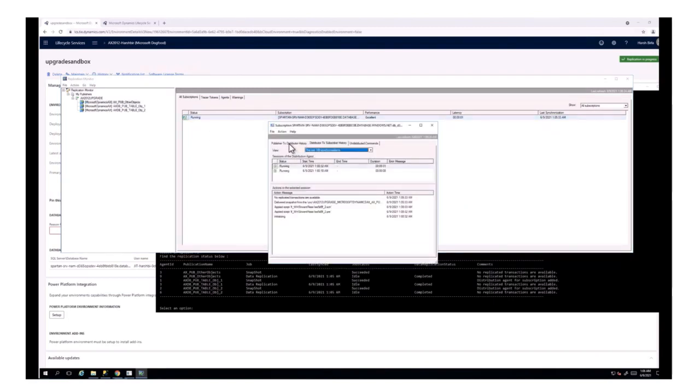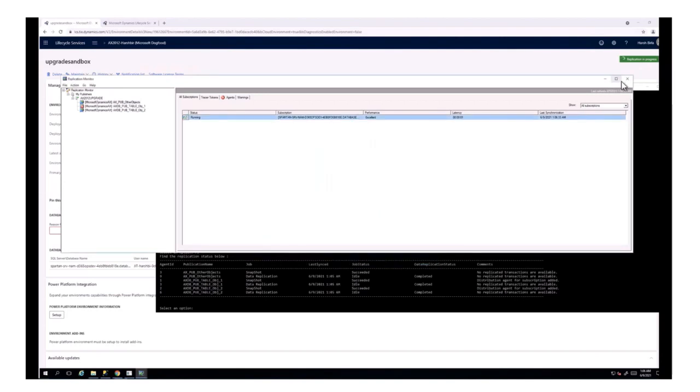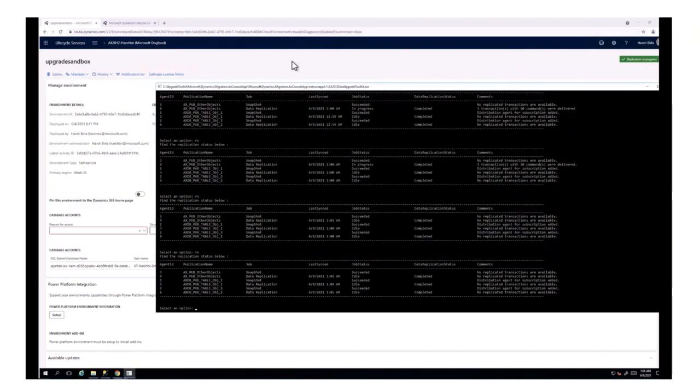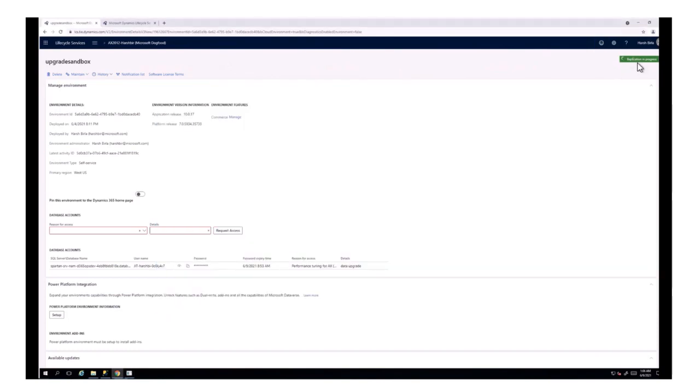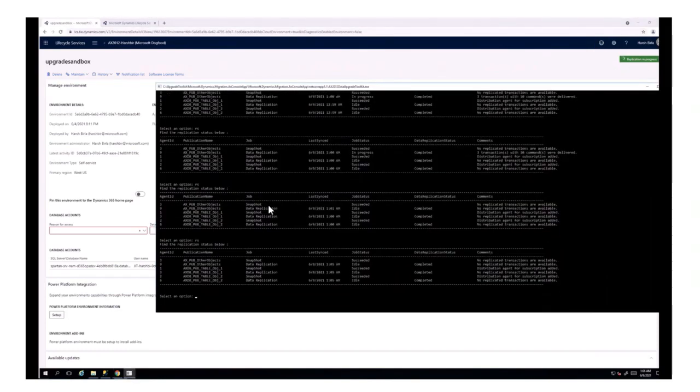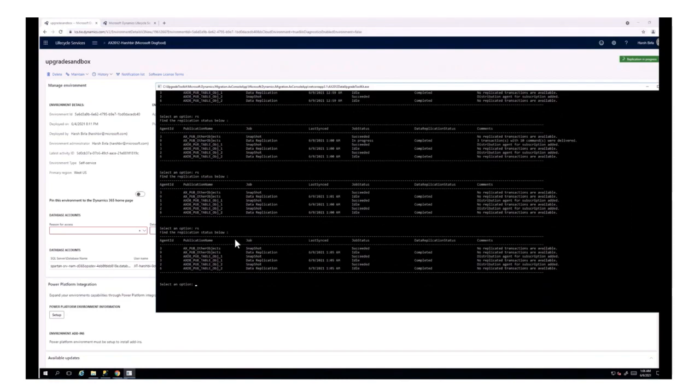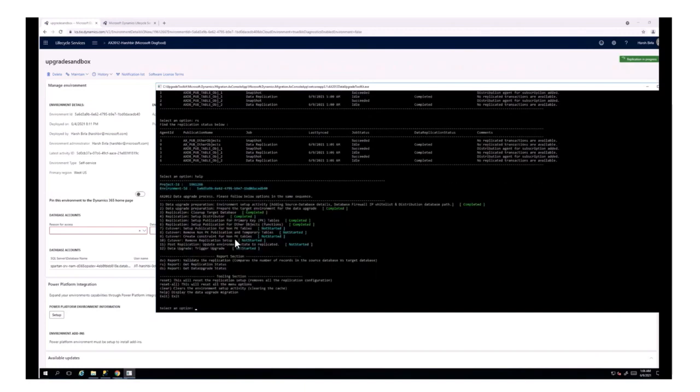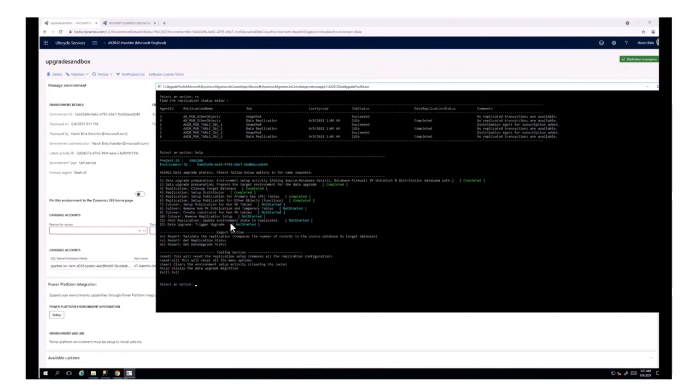There are two tabs: publisher to distributor, which is kind of the snapshot generation and moving to the distributor database, and then distributor to subscriber, where you are seeing there are no replicated transactions available right now. So we're good. And if you look at the status of the sandbox, replication is in progress. So replication is set up now. It will keep moving the data from source to target until you come to a point where you're good for downtime. Now, let's say the replication is set up, everything is set up. Now you're